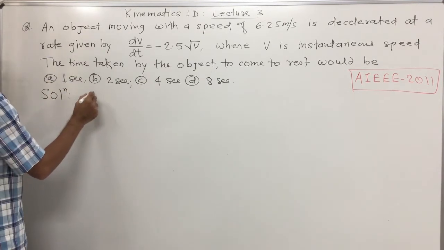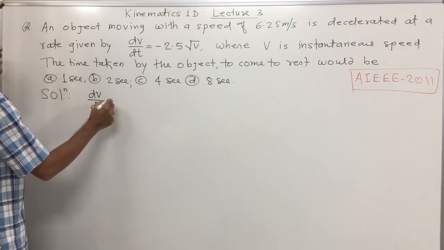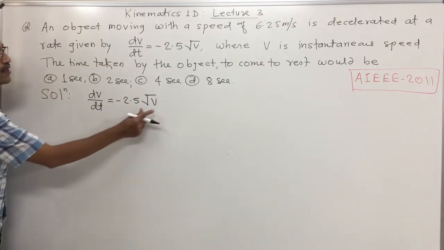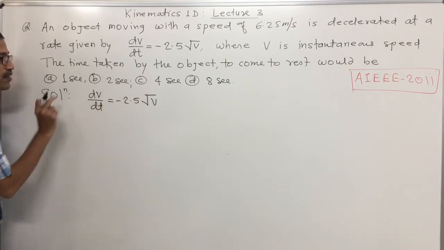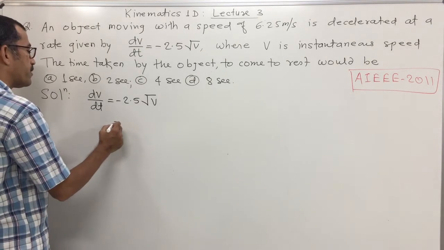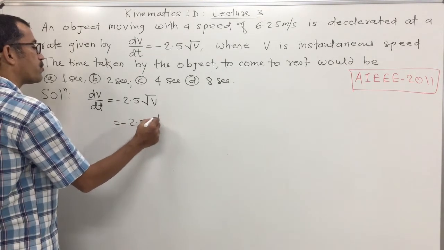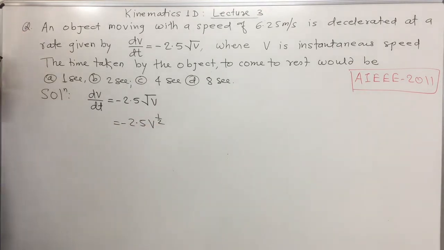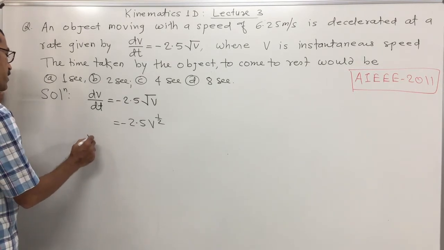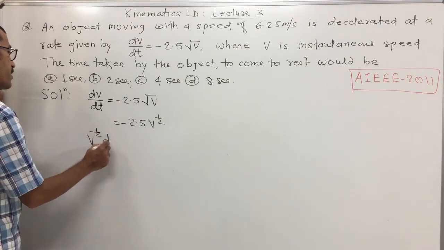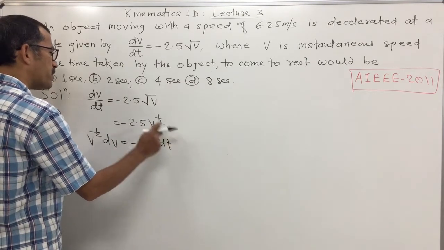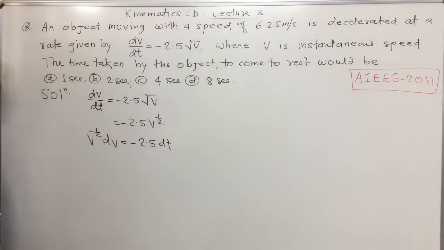First given equation is what? dv by dt equal to minus 2.5 root of v. Okay. This term of v here, this term will take on left side. This is nothing but minus 2.5 v raised to half, है ना? Minus 2.5 v raised to half I will write. If I take this term on left side, power क्या हो जाएगा? Negative और डिनोमिनेटर में आएगा. That means power negative. That means v raised to minus half dv equal to minus 2.5 dt. Same thing we had done in previous problem also, if you are recalling, right?